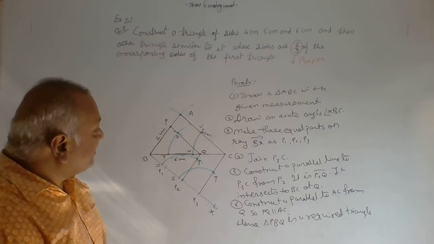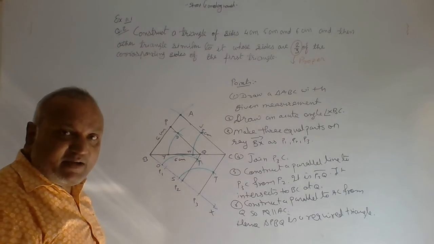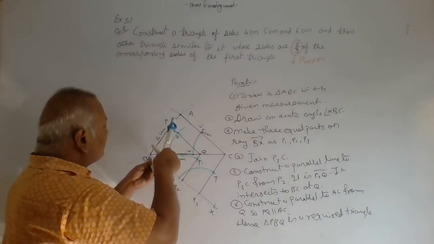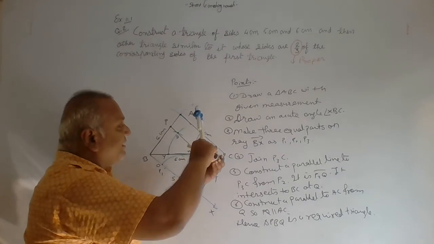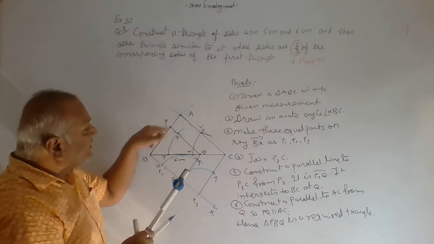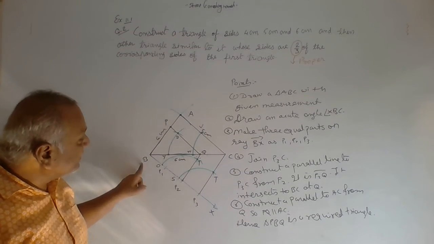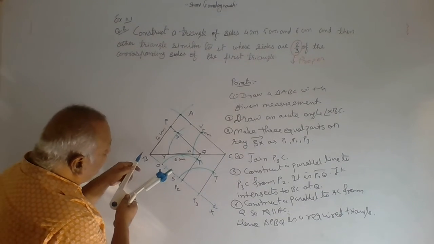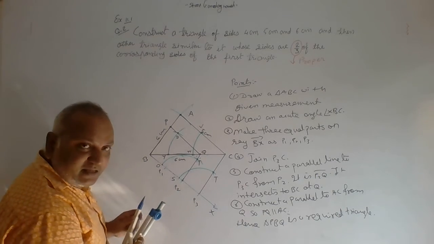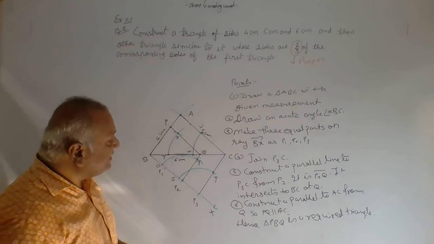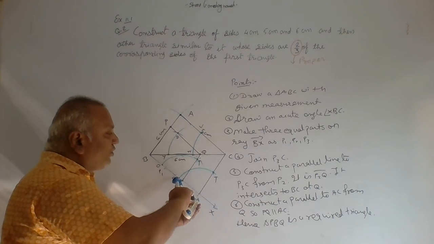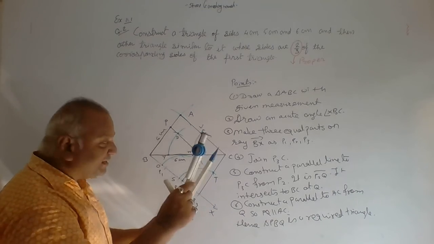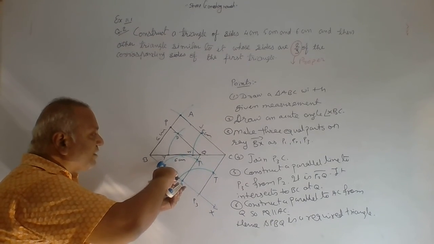I would like to recap first. First I have drawn BC 6 centimeter. Then take a 4 centimeter arc with the compass. This is 4 centimeter and cut it. And then a 5 centimeter arc from C, it will cut it. Then I have joined AB and AC. Then I have drawn acute angle XBC. Then I have made 3 equal parts, P1, P2 and P3. Then join P3 and C. And then from P3 I have drawn an arc. It will intersect at S and T. With the same measurement, from P2 I have constructed an arc.